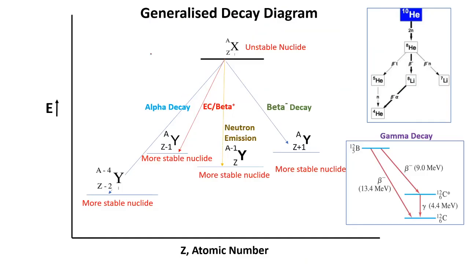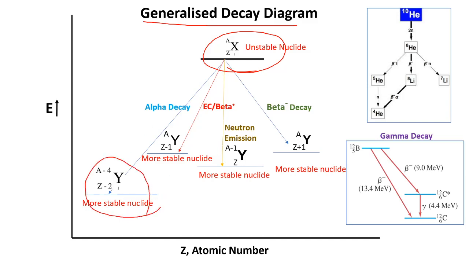And this is the generalized decay diagram over here. So that's the unstable nuclide which can decay by several means. It can decay through alpha decay to get to a stable state, and you can see in alpha decay the atomic number decreases by 2. Obviously these will be shifted towards the left. Fine. And these are electron capture and beta, how they will look. So the main aim is to get to a stable state. Whatever nuclides it has reached after decay, all of them have attained a state of more stable nuclide, and that's the basic rule behind the decay process: to get to a state of stability.